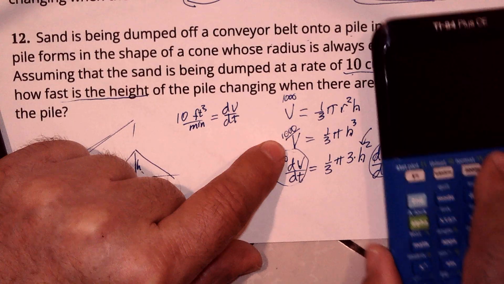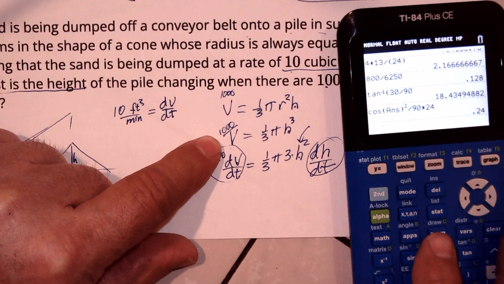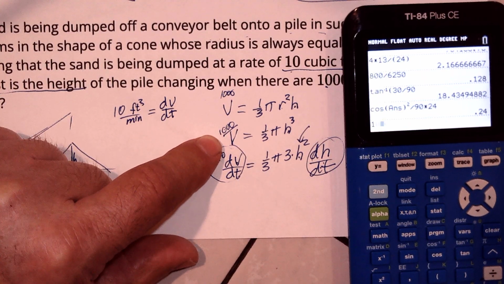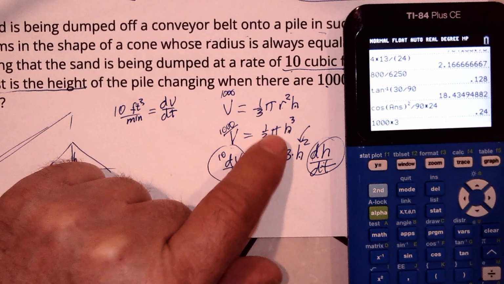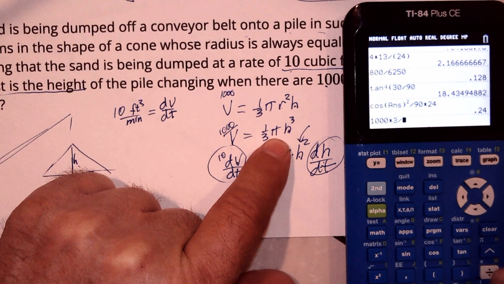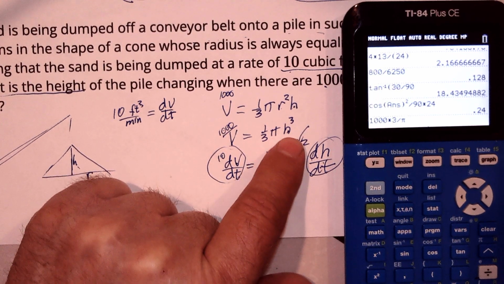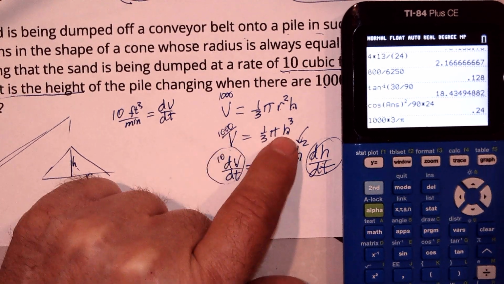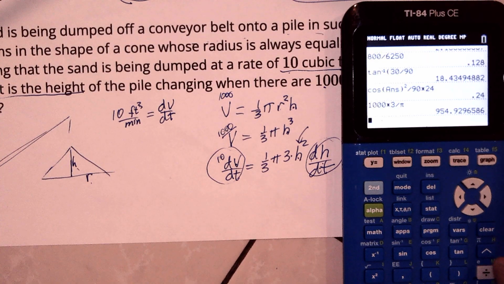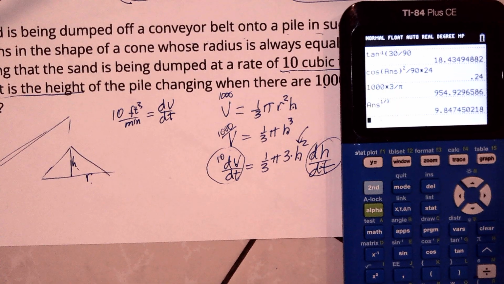So first, I've got 1,000. I've got to multiply by 3 to get the third out of there, divide by pi, and then take the cube root, to the 1 divided by 3 power. So that's how high the pile was,